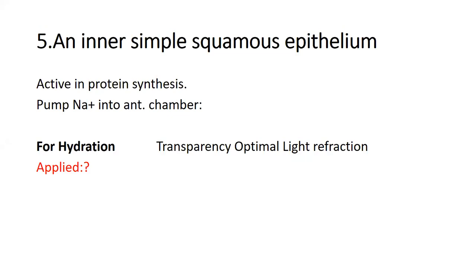So the applied points are here. The important point is that, as I told you, the epithelium can regenerate from the basal layer cells, and these basal cells come from the stem cells present in the canal of scleroepithelium. So the most superficial layer, if damaged, can regenerate. But if there is damage to the Bowman's membrane or the Descemet's membrane or the endothelium, they cannot regenerate, and they repair by scar tissue, which gives opacity to the cornea. Corneal translucency is affected, and in this way, reflection of light is affected.